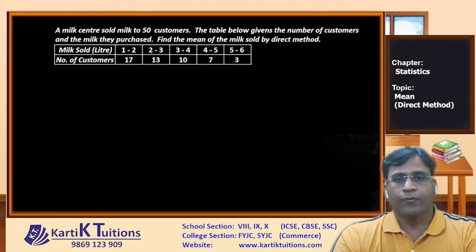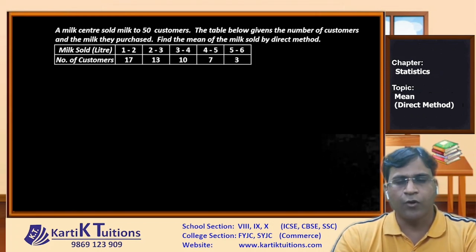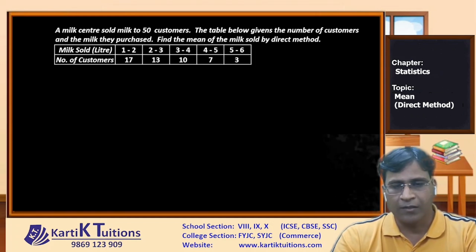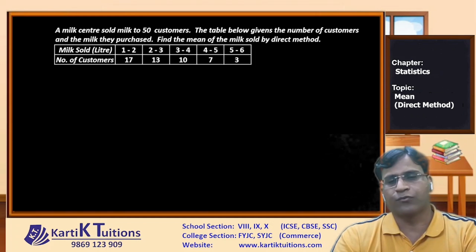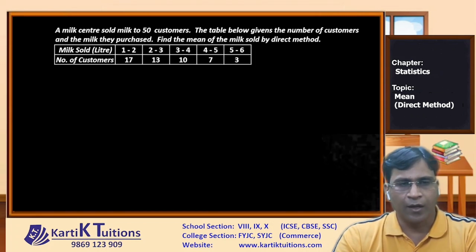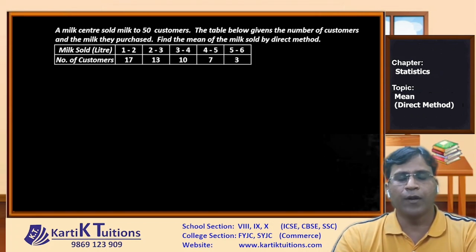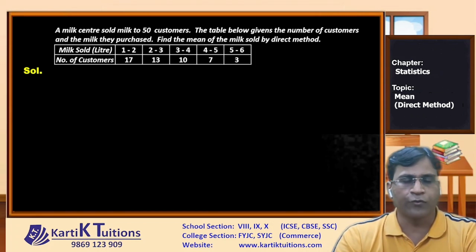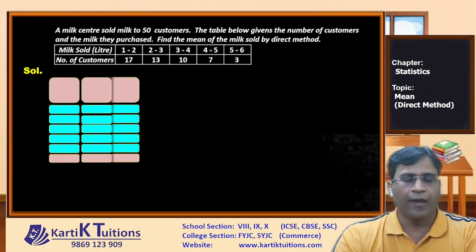Now remember, if the method is mentioned in a question paper, you have to solve by that specific method only. If you solve it by any other method, you will not get the marks for it. So if the method mentioned is the direct method, you have to solve it by the direct method. Now here again for the direct method, we need to prepare a table of how many columns? 4 columns. So first you will prepare a proper table using pencil and scale with the 4 columns, where the first